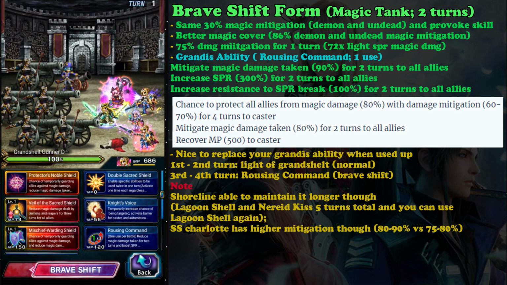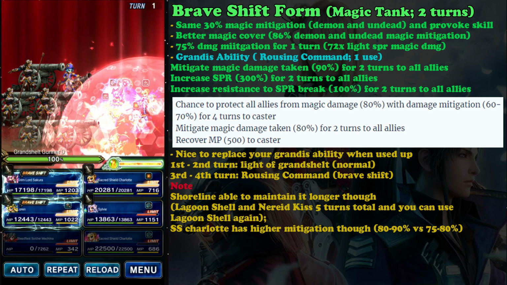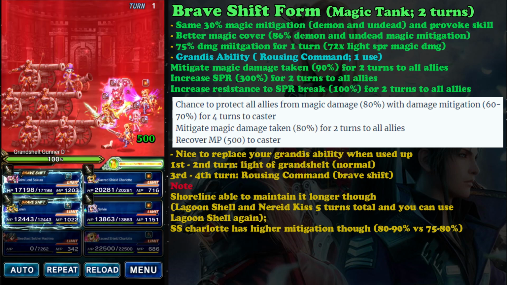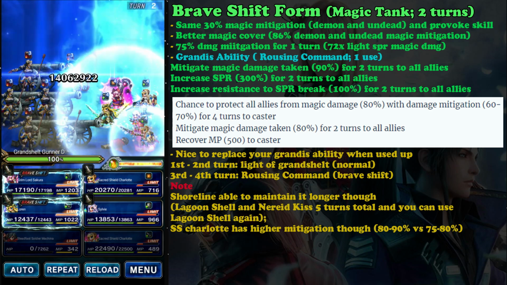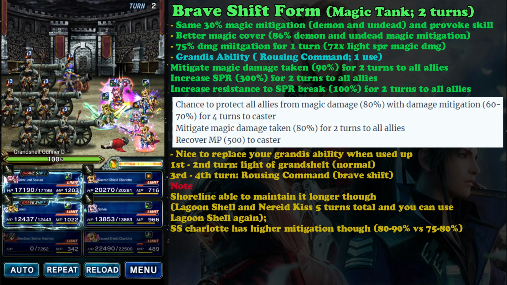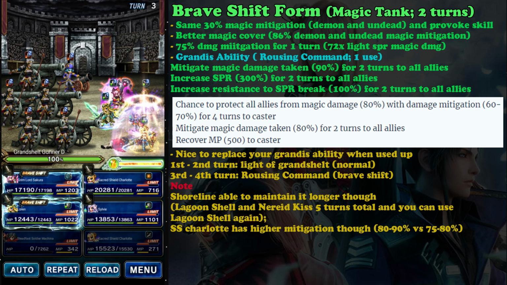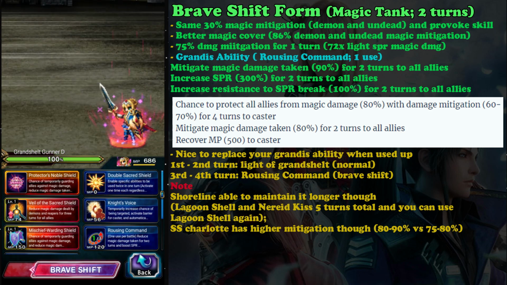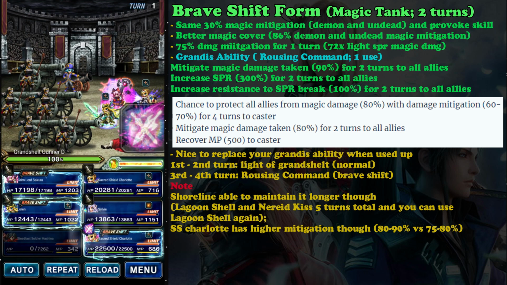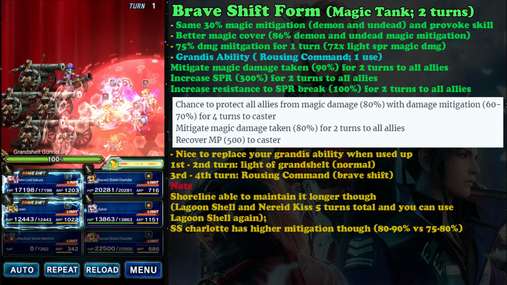And this time she has Grandis ability, and again this Grandis ability gives you 90% magic damage mitigation to all allies, so amazing. This also gives you Spirit Break Resist, but I don't think that will be useful. And 300% spirit, wow, very nice. This will make your party really tanky